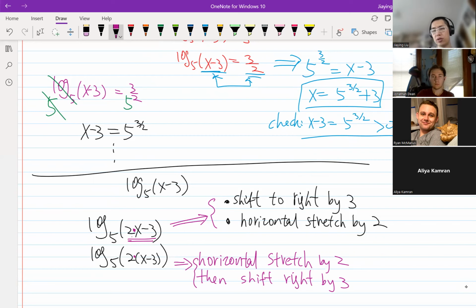But Jonathan, to answer your question, your point was correct. So if we take what we have and then we add a horizontal stretch, we can literally just add a 2 in front of the x. But let's see